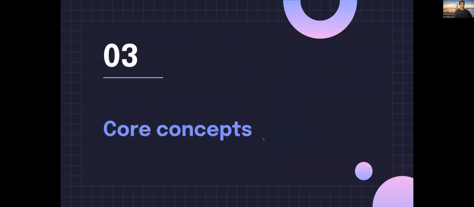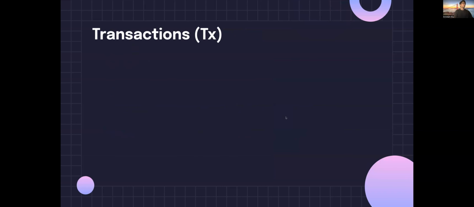All right, so let's go over some core concepts related to my contributions. First of all, what are transactions? It basically enforces a UTXO model. Now, what exactly is a UTXO? So, unspent transaction output